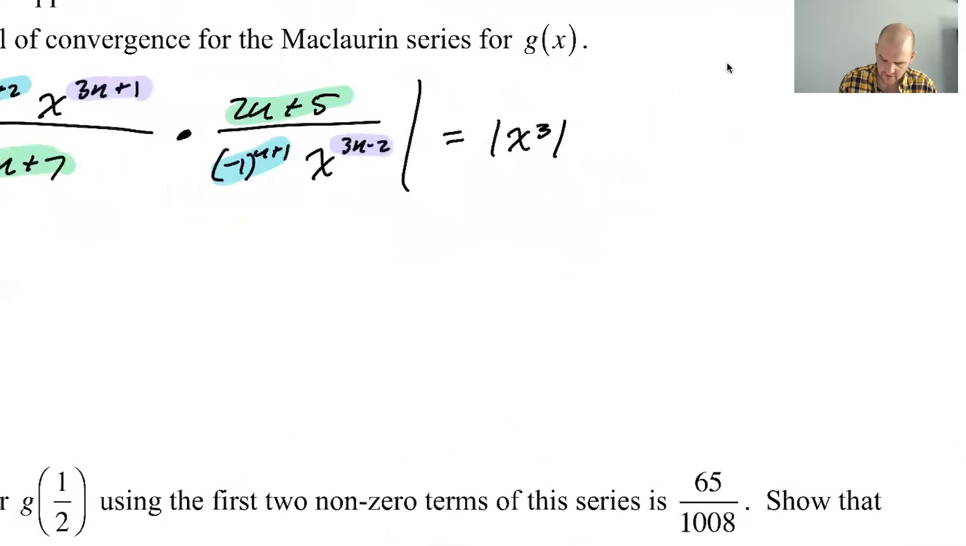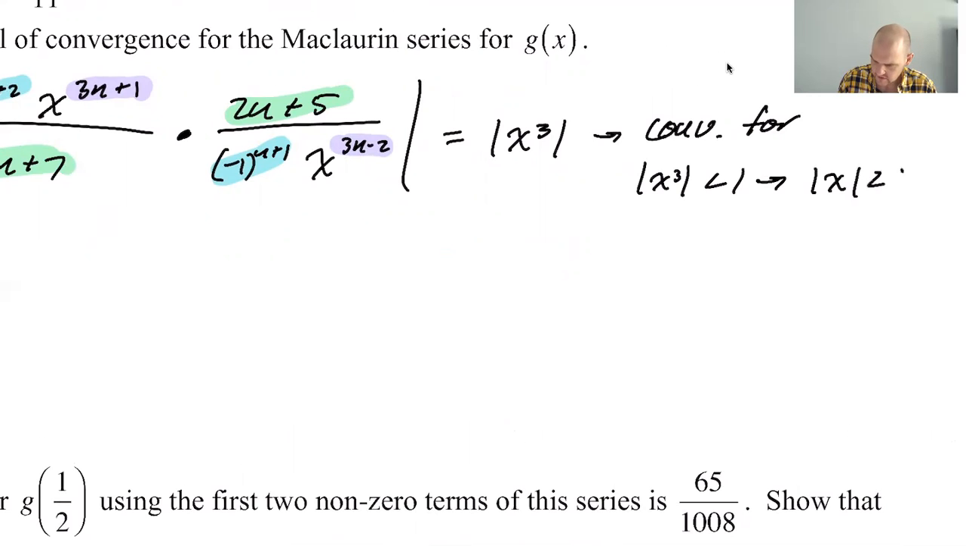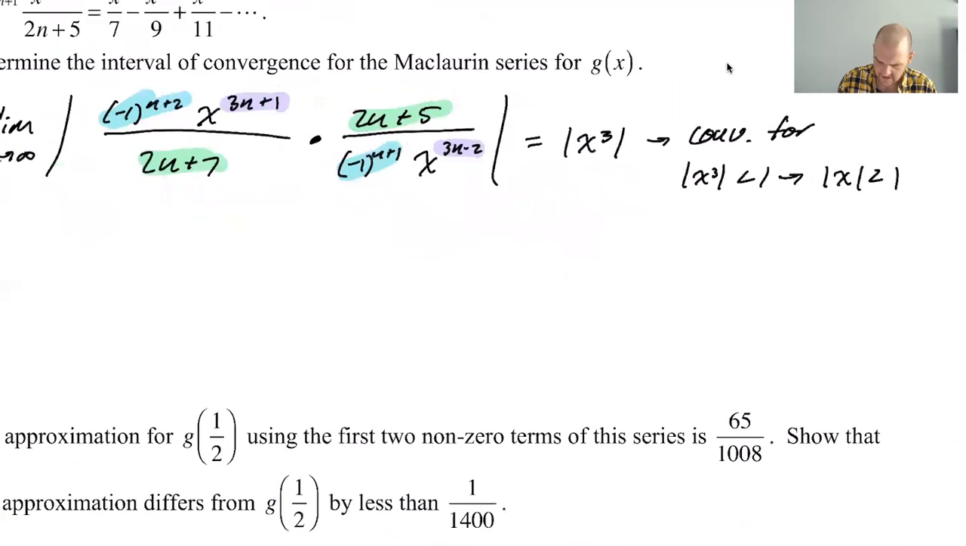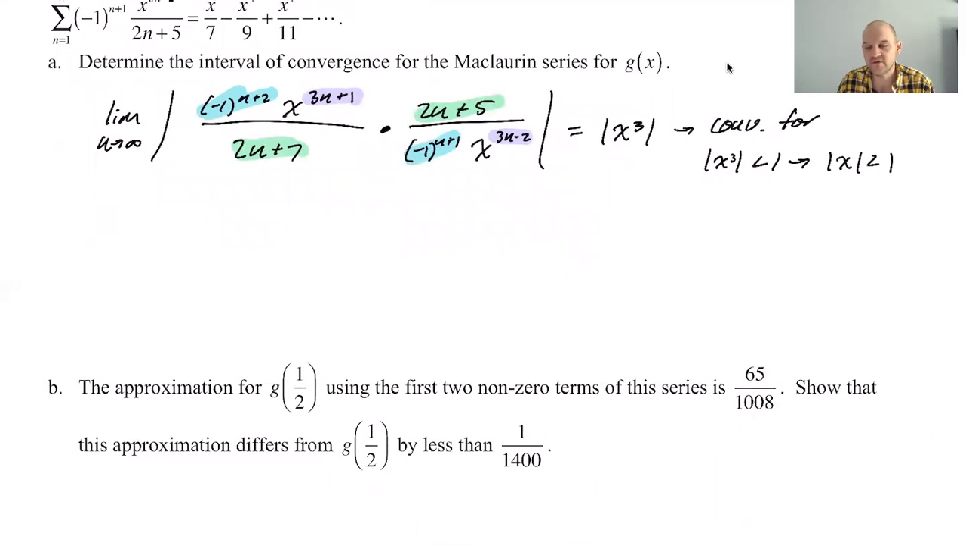So this converges for the absolute value of x cubed less than 1, which just means the absolute value of x is less than 1, which is good. So we need the absolute value of x to be less than 1. That's the open interval. So the radius of convergence is 1. That's the open interval on which this thing converges absolutely. Now we test the endpoints. So let's let